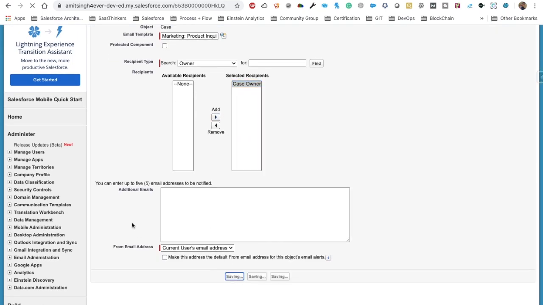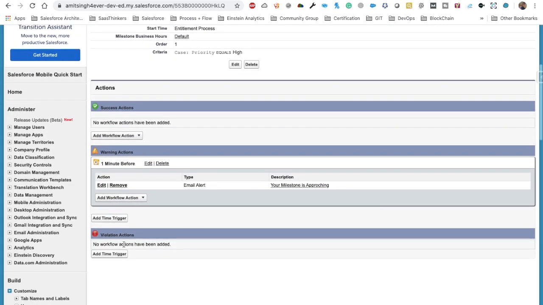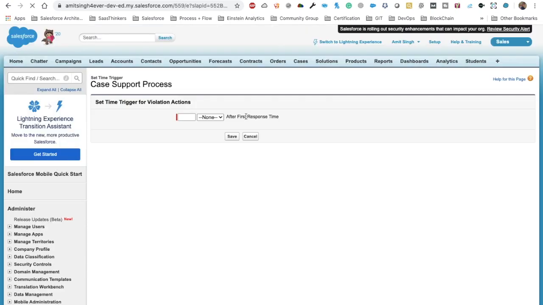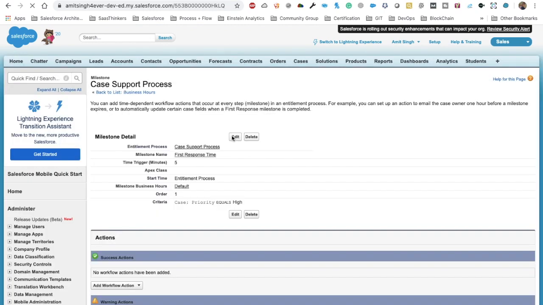So what we did is quickly create an email alert and associate it with the warning actions. For the violation action we can do 1 minute after. This is 1 minute after the resolution time, meaning 5 minutes have already passed and we are sending that email in the 6th minute.